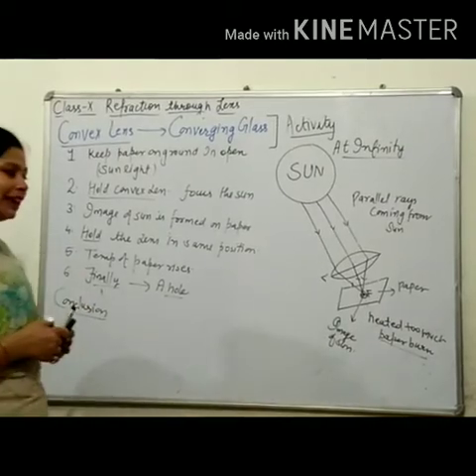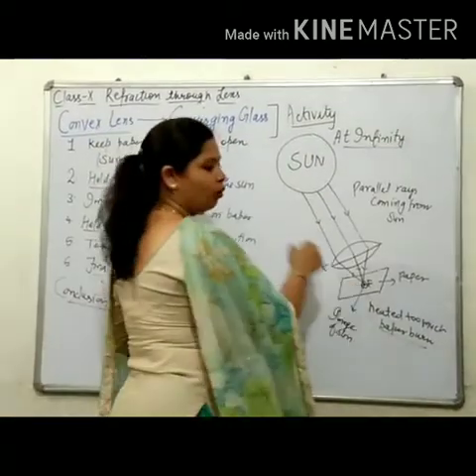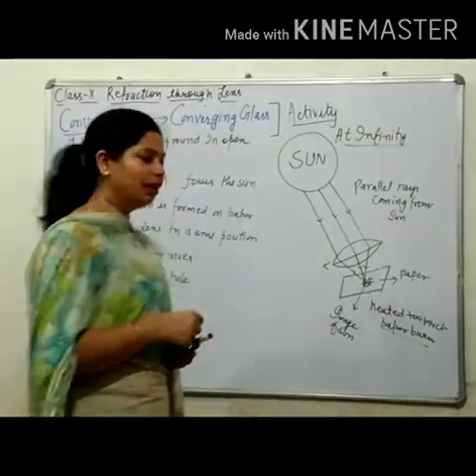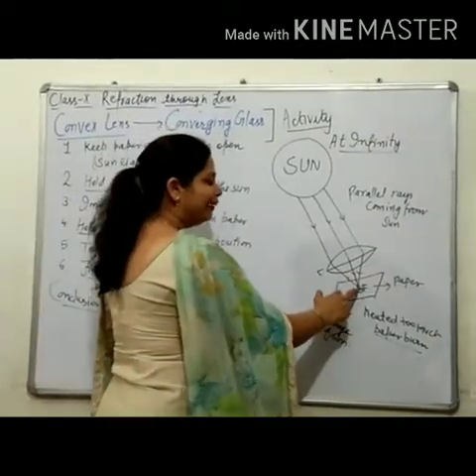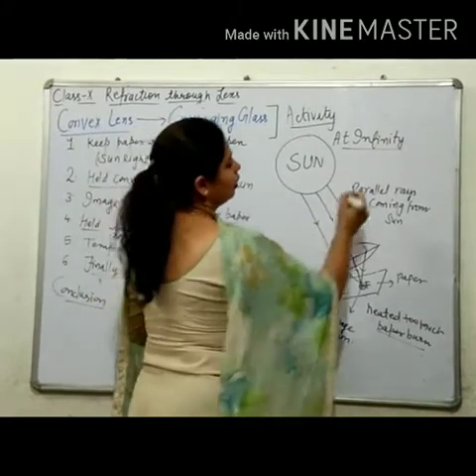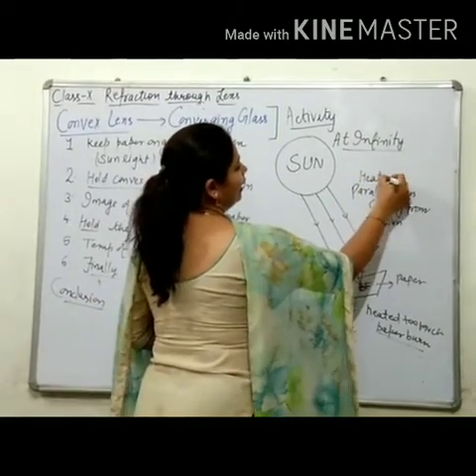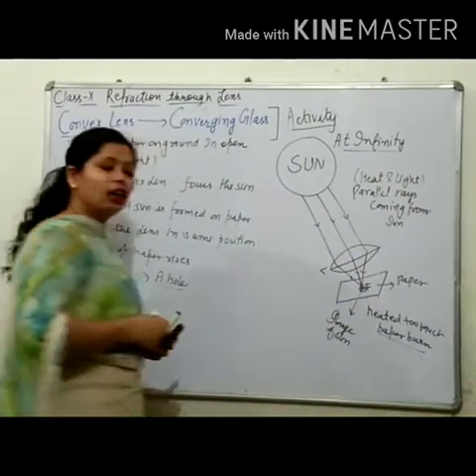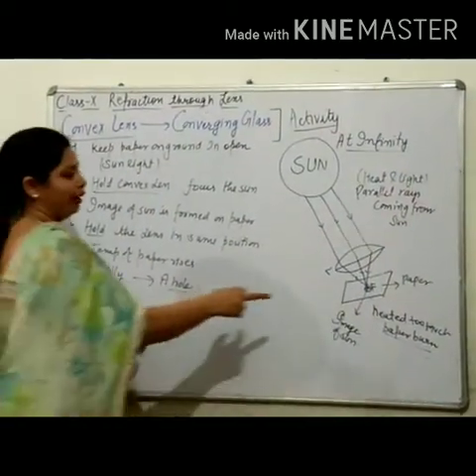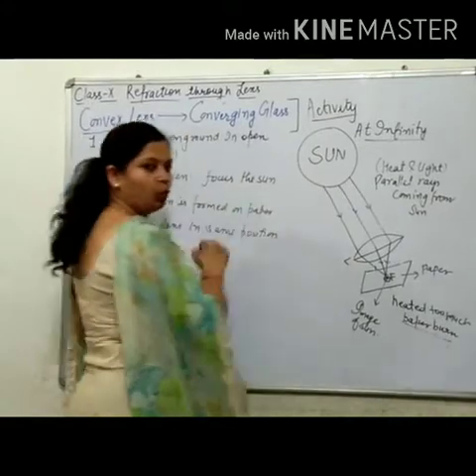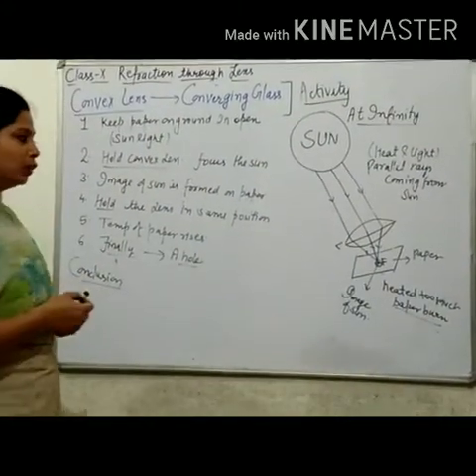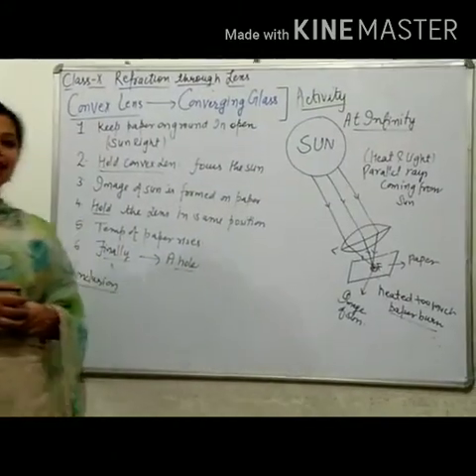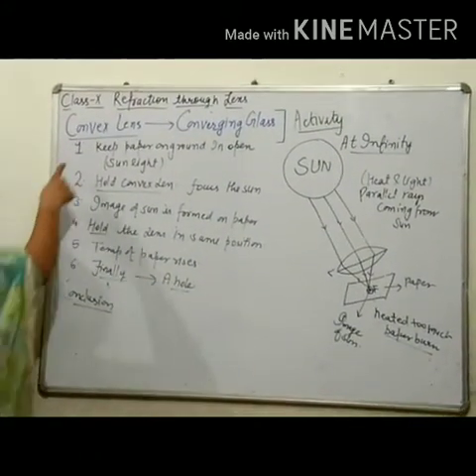What is the conclusion of this activity? Dear students, what is the reason why there is a hole? Because the paper burns. Why does the paper burn? Because heat radiation is coming from the sun. Heat and light it was. Heat radiation coming from the sun got concentrated at a point when it passed through a lens. Which lens are we using? A convex lens. So it is showing the converging nature of our convex lens.